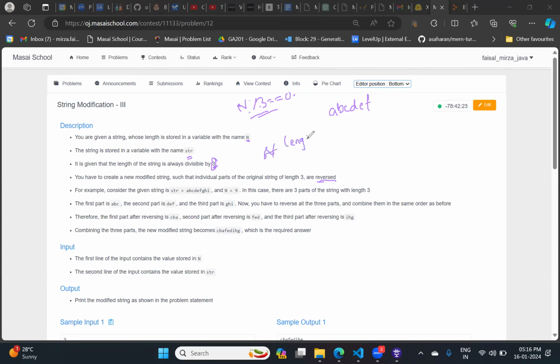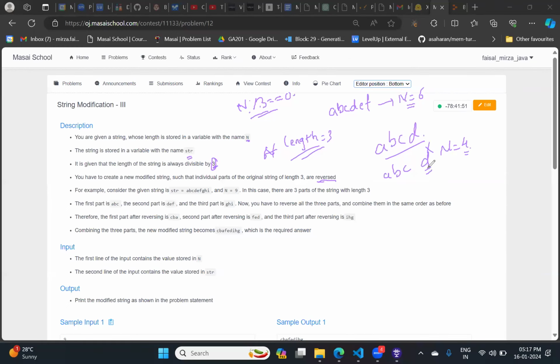You getting me? Yes, sir. So overall the length is 6, and the length will always be divisible by 3. For example, suppose the string is given with a length equal to 4. Is it possible to divide it into parts whose lengths are equal to 3? Only one string will get formed, and the second string will not have a length equal to 3.